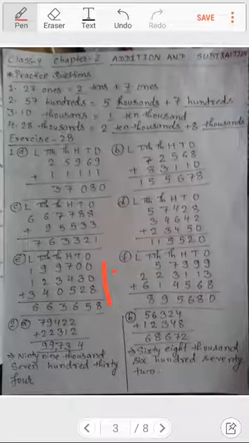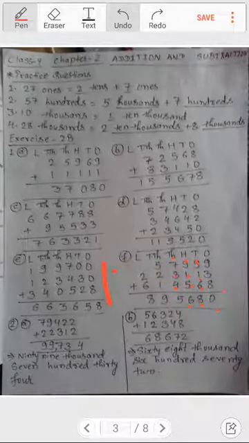Here also in F you can see 9 plus 3, 9 and 3 is 12, 12 and 8 is 20, so 0 carry 2. Sorry, 2 is carried there, so 9 and 2 is 11, 11 and 1 is 12, 12 and 6 is 18, so 8 is there, carry 1. 9 and 1 is 10, 10 and 1 is 11, 11 and 5 is 16, 6 is there, carry 1. 7 and 1 is 8, 8 and 3 is 11, 11 and 4 is 15, 5 is there, carry 1. 5 and 1 is 6, 6 and 2 is 8, 8 and 1 is 9, 9 is there, and no carry, so 628 is over there. In this way it has also been added.